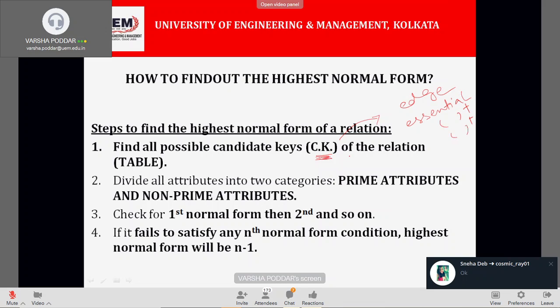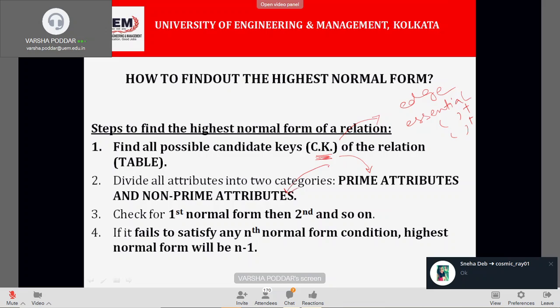Once we find the candidate keys present in a particular table, we know which are the prime attributes and which are the non-prime attributes. So we will distribute the total set of attributes of the relation into prime and non-prime attribute sets.